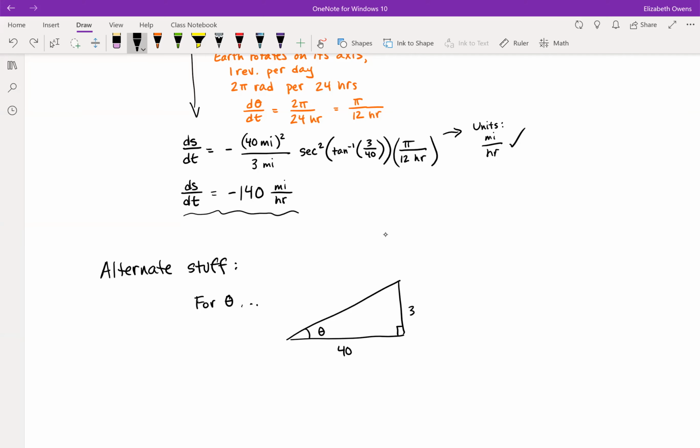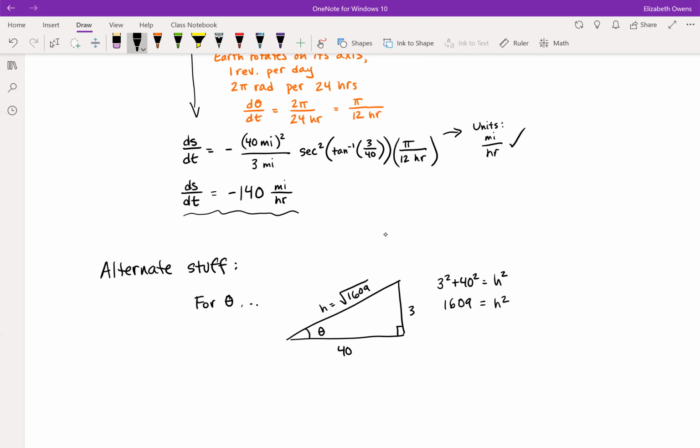So you could do 3 squared plus 40 squared equals hypotenuse squared. And that turns out to be 1609 equals h squared. So the hypotenuse here is the square root of 1609. And you can even just leave it as that radical for right now,